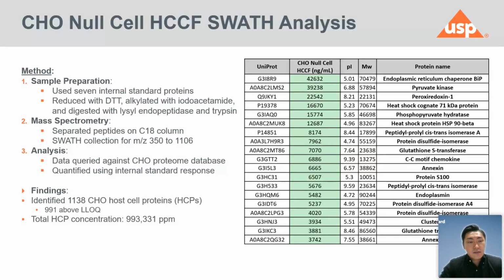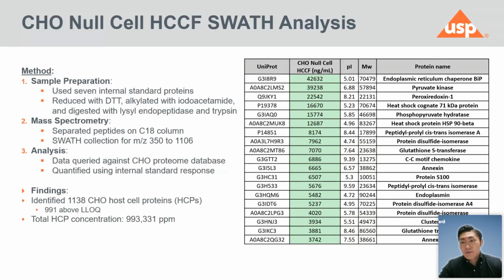So from our findings, we identified over 1,138 CHO host cell proteins, with 991 of them above the LLOQ. And total HCP concentration is measured at 900,093,331 ppm. And on the right hand, we have a top 20 list of identified